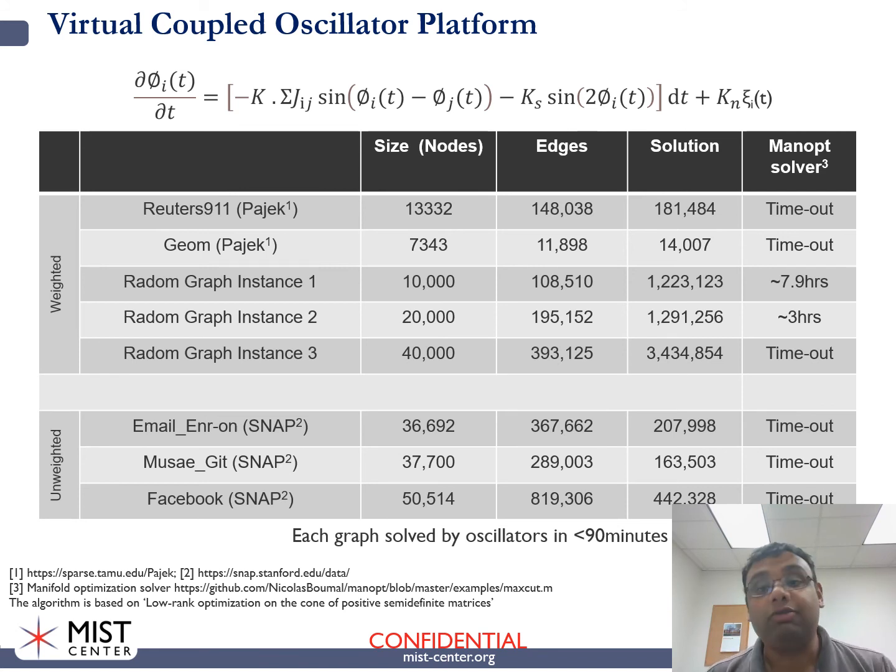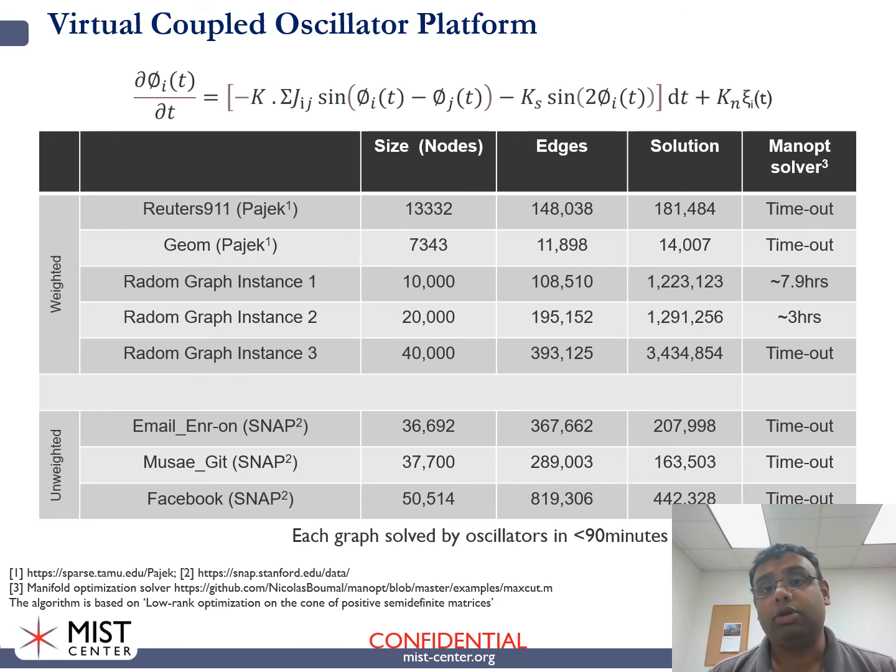And if you were to solve the same graph on a digital computer using this specific manifold optimization algorithm that we've used as a benchmark, we observe that in most cases we are unable to complete the computation. And of course, our timeout criteria here is about 24 hours. So you can observe that in all of the cases we see approximately a 10x gain in comparison